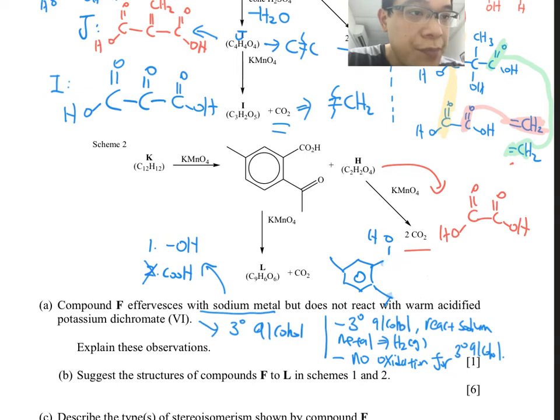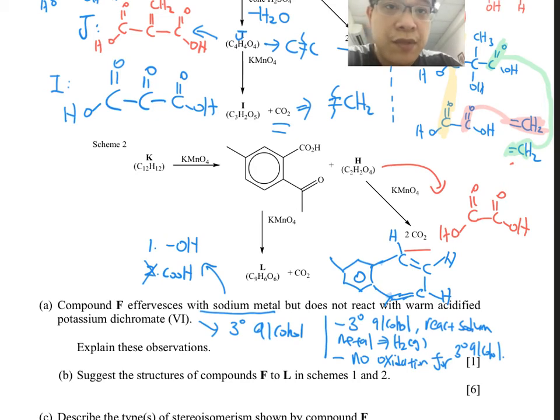So I'm going to join them up. When you join them up, you will form a C joined to this C double bond, and this C here will join to this C for the double bond. Remember, you join the C to the double bond, then the H here, and the H here, and the H here. So this is the overall structure of the molecule for your K. Let me just delete this one to avoid any confusion. This one, there's no red line. So this is your compound number K.